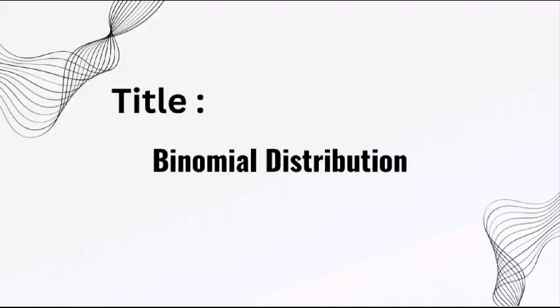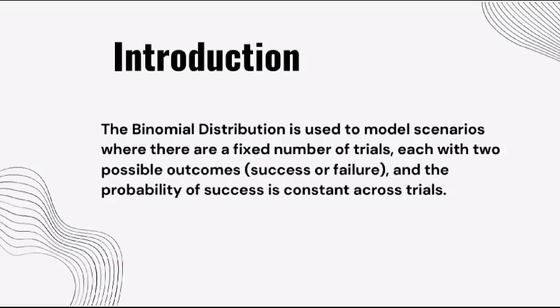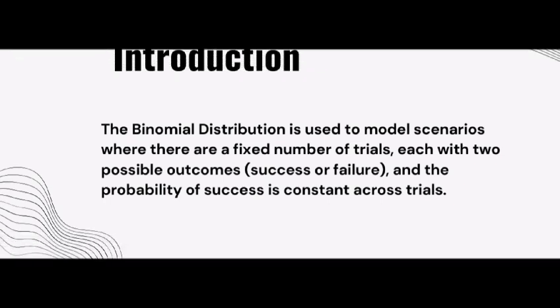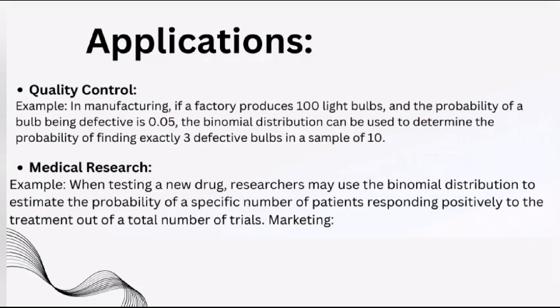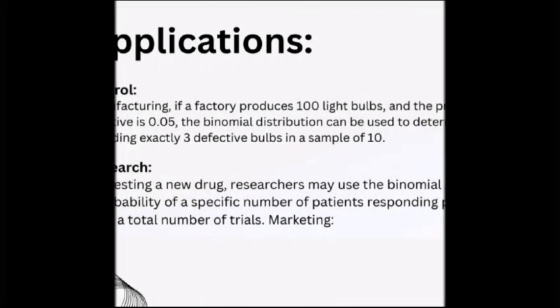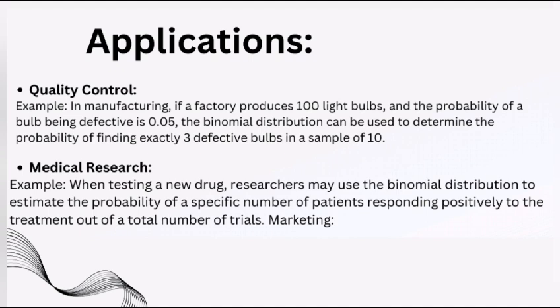Title: Binomial Distribution. Introduction. The binomial distribution is used to model scenarios where there are a fixed number of trials, each with two possible outcomes, success or failure, and the probability of success is constant across trials. Applications. Quality control. Example, in manufacturing, if a factory produces 100 light bulbs, and the probability of a bulb being